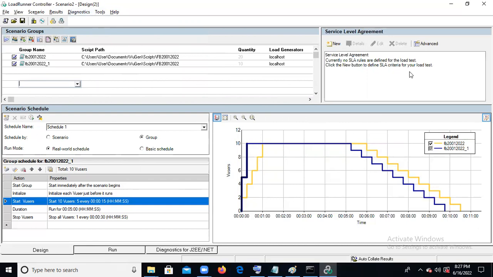This is the same as in Design. And in Design, one more thing we missed: this is for the service level agreement. Service level agreement, I already told you, right? For login it is 2 seconds, launch 2 seconds, flight booking 2 seconds, payment 2 seconds, logout 2 seconds. If you want to check whether you are meeting the SLA of 2 seconds or not, you need to click on New,